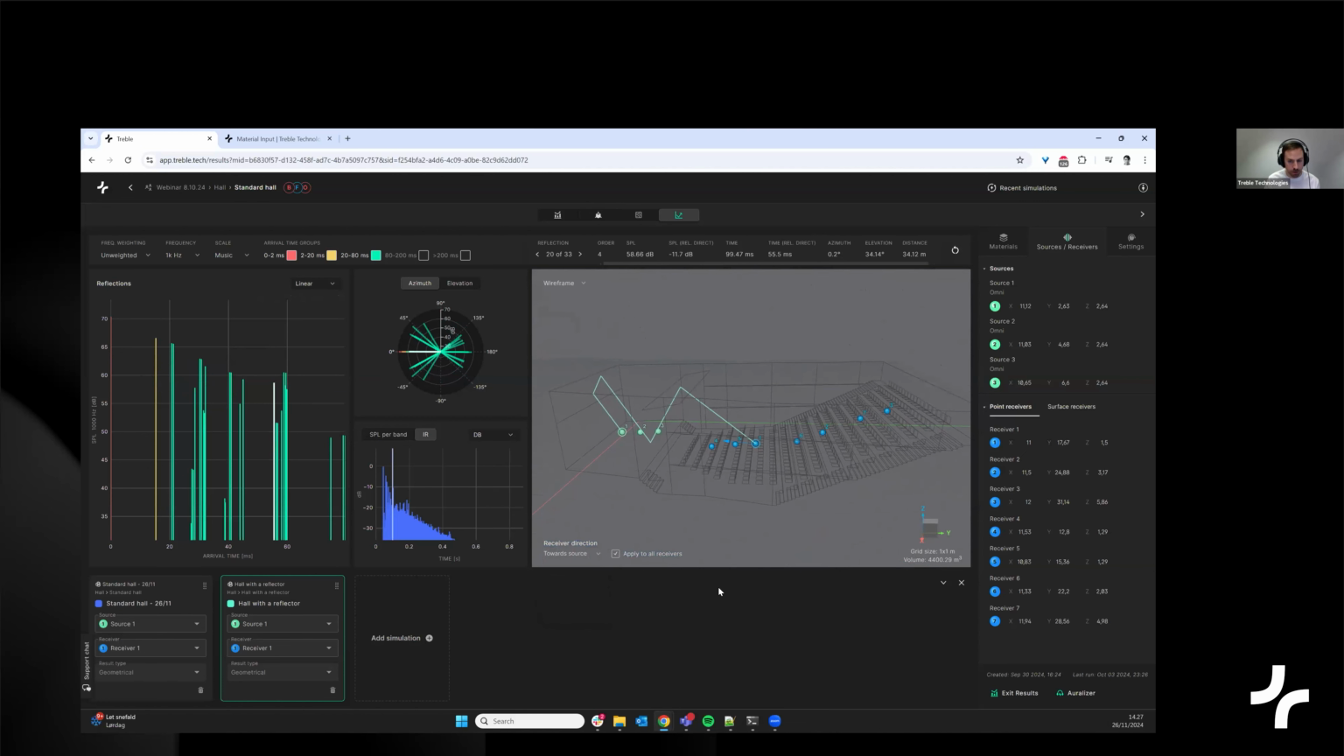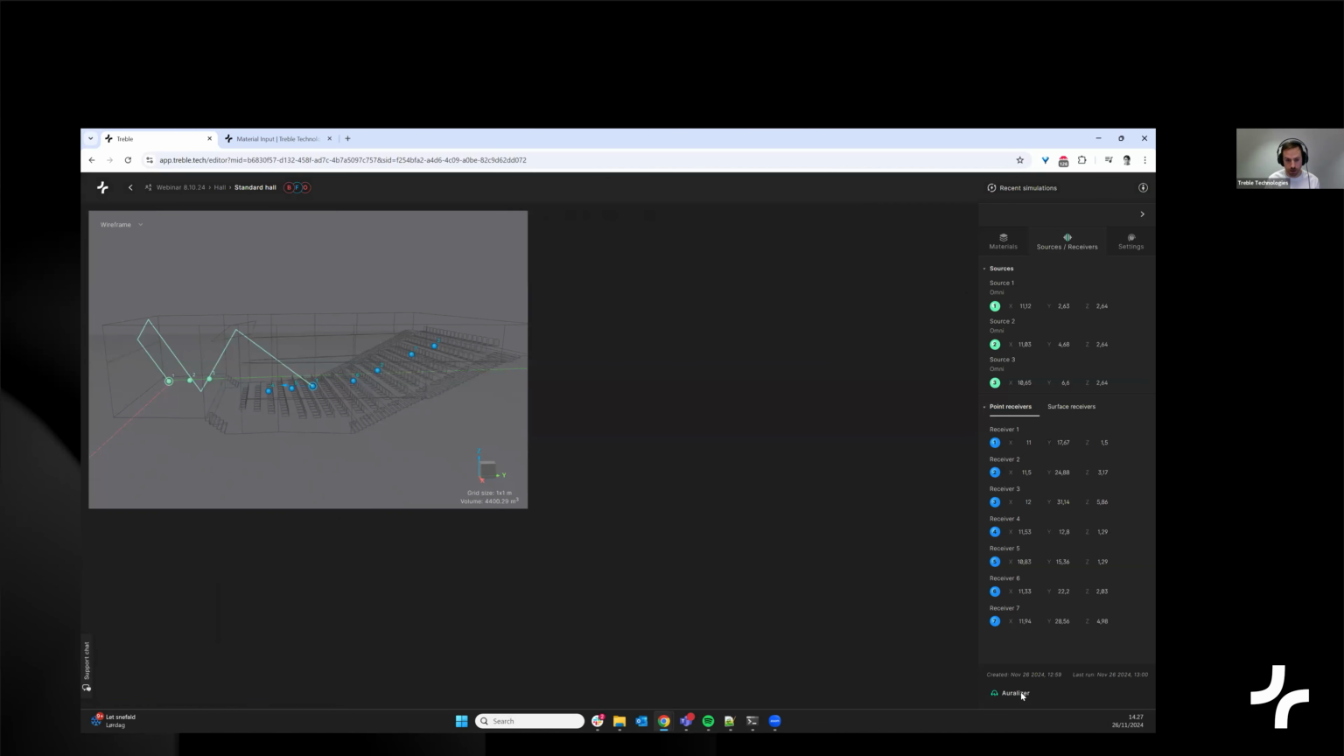So hopefully a very useful tool for those who are designing reflectors in spaces like this. But this tool is also useful when detecting flutter echo, so when you're detecting very strong reflections. So I have another use case